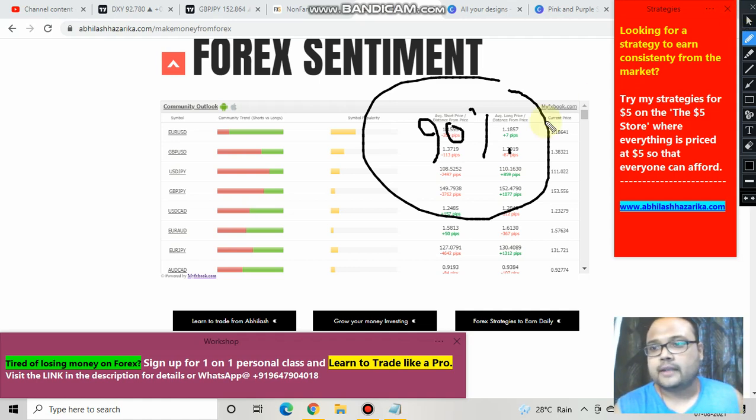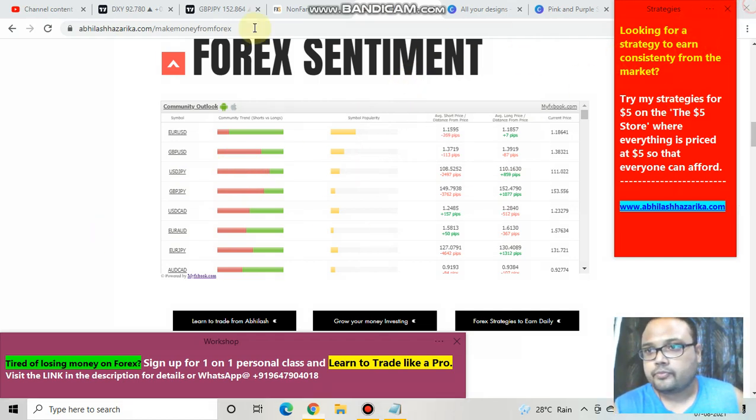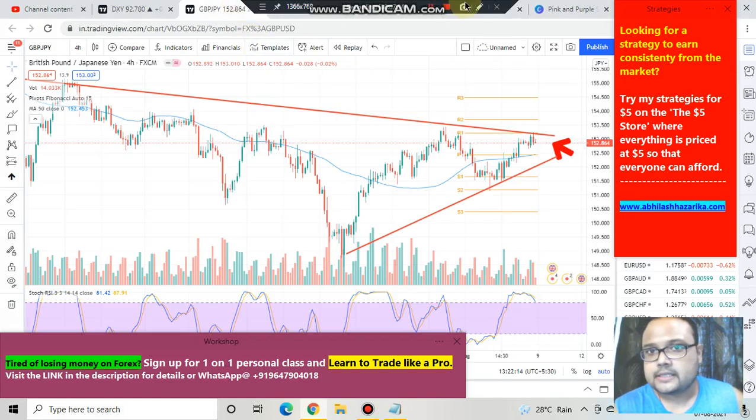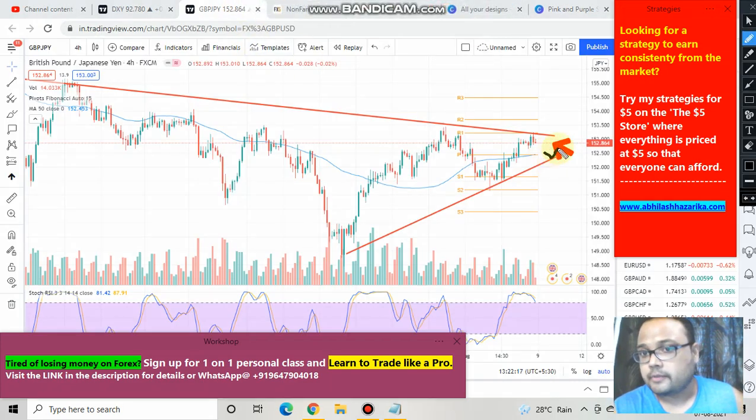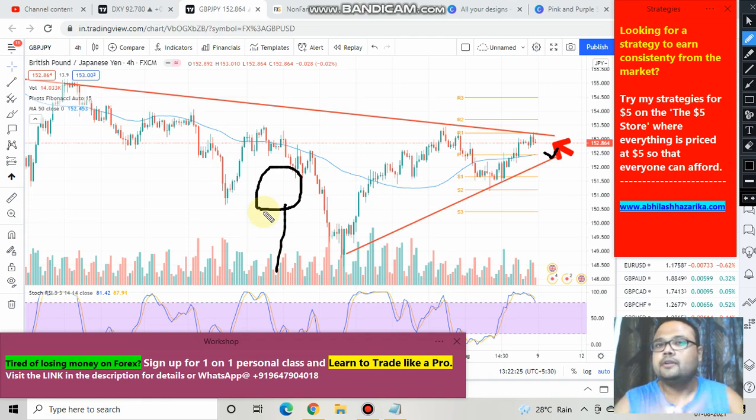We all know, and the main reason is that retail traders fail to follow the trend of the market. They fail to understand the psychology of the market. And that's why I'm saying that there is still a good possibility that the market may bounce from here, because in the weekly chart the market has shown us a price rejection from below. So you must be very careful. Even if you short the market here, exit if the market reverses, or if it fails, then your take profit target is this only. This is it. Let's see how the price does, how the market reacts on Monday and in the coming days.